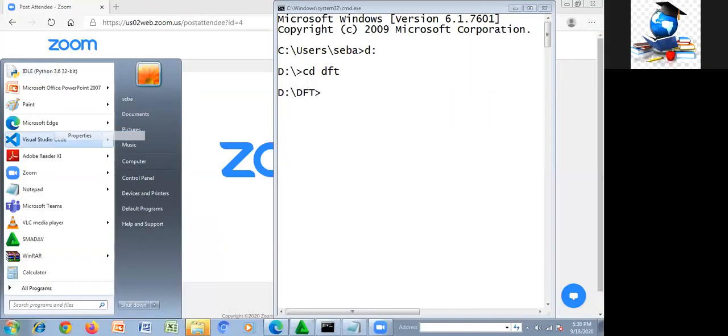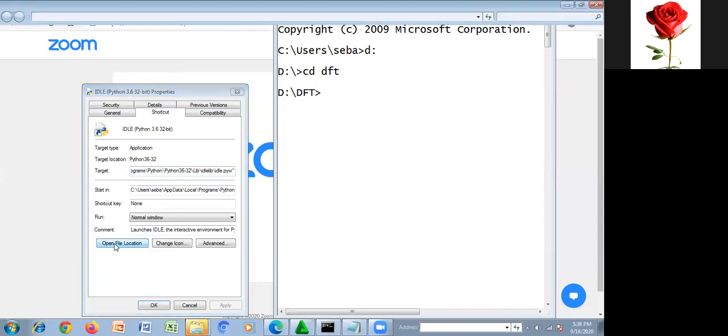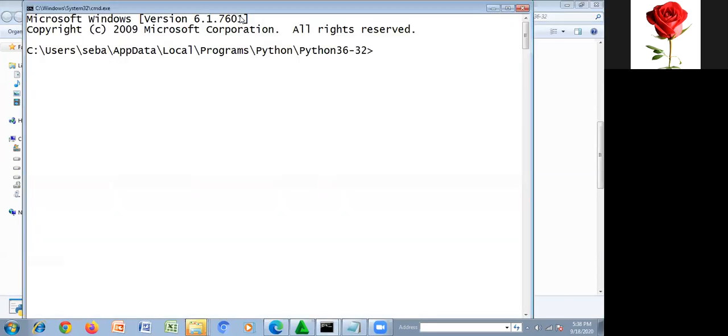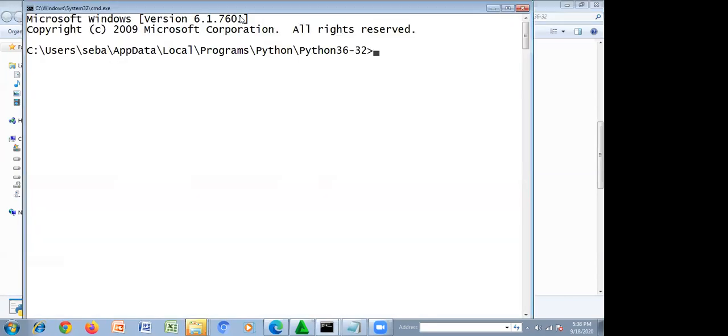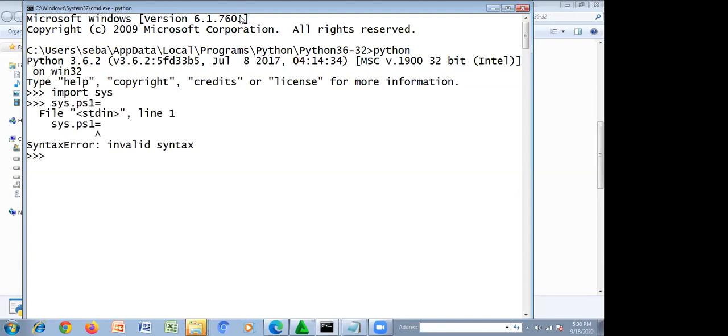Yes, ma'am, visible. I have clicked properties, right? Once I click properties, you can find open file location. Click this open file location, you'll get your Python folder. Just click and press CMD. Let me try, ma'am. Now you type Python, and here import sys.ps1 equal to